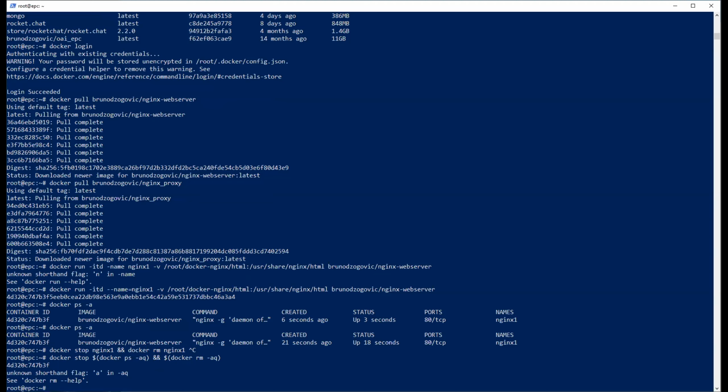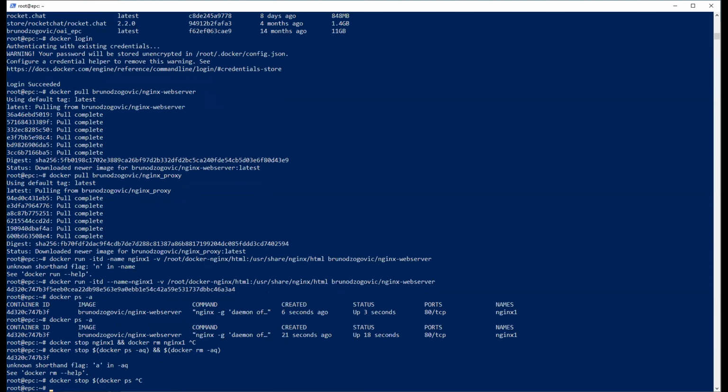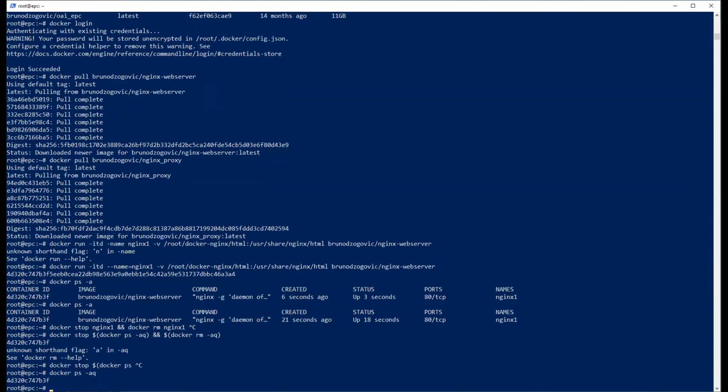Shorten flag AQ. Okay, let's see what's the problem here. Let's check first if it's gonna, yeah, okay.